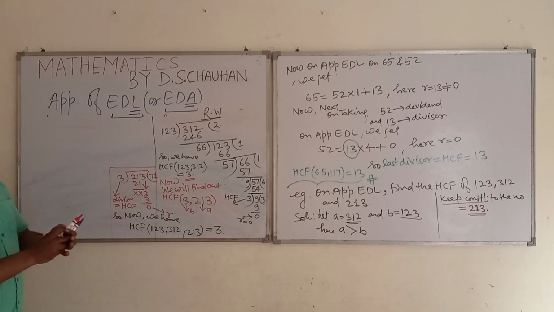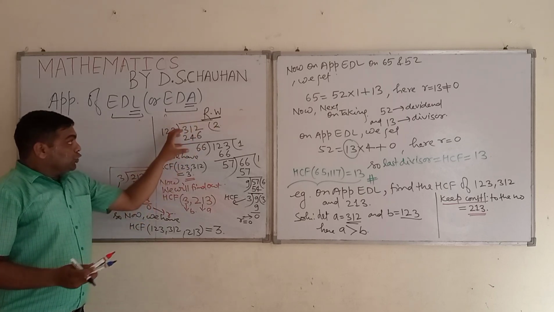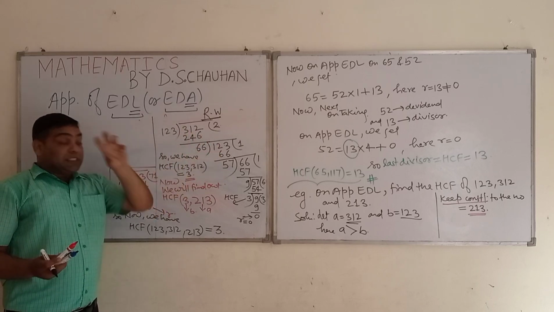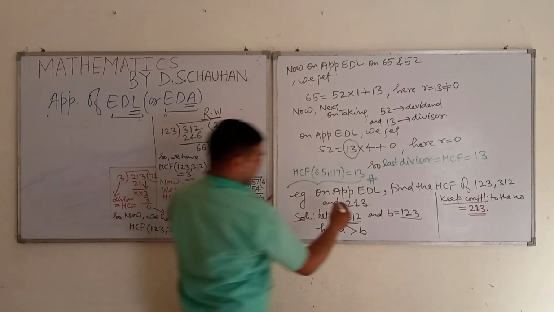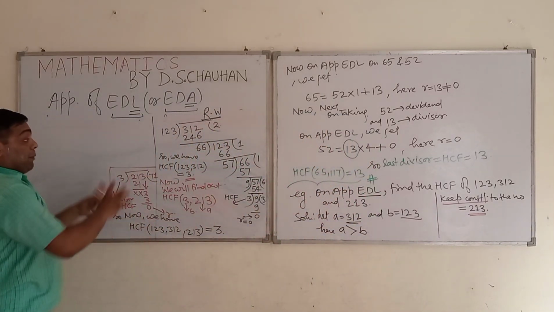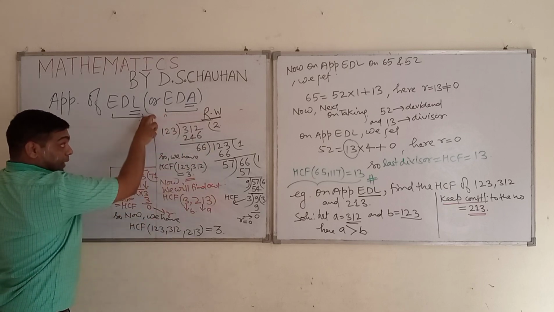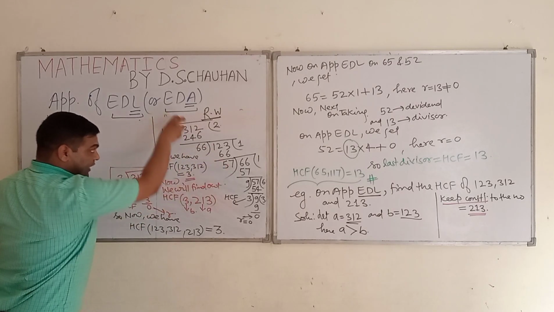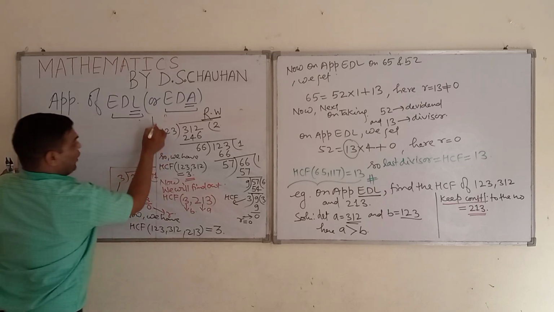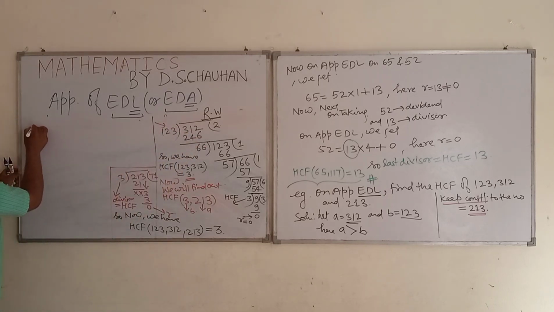Now students, this is the rough process to find the HCF with the help of the division method. Since we have to find the HCF with the help of Euclid division lemma, I am telling you what the way of writing will be. By taking the idea from this rough process, try to understand how to write in the exam. See here the first point, on applying Euclid division lemma we get.